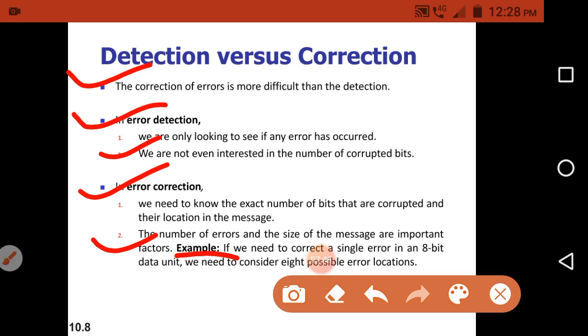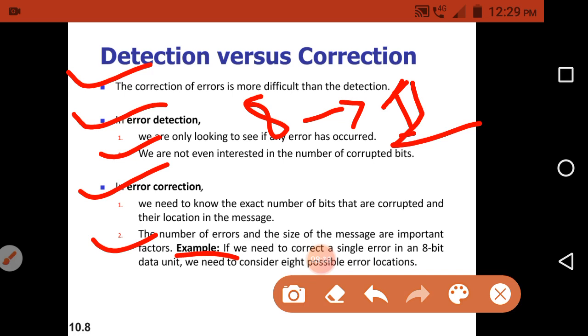So here the message size is 8, which means 8 locations are allocated for the 8 bits, and from that we need to correct one single error.